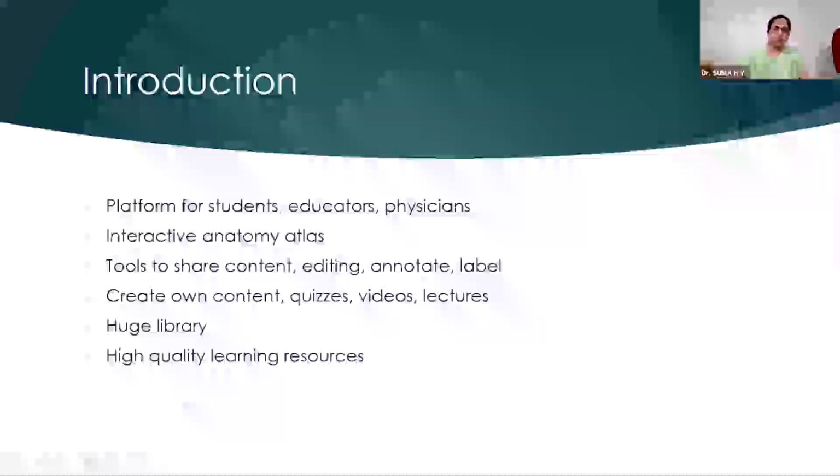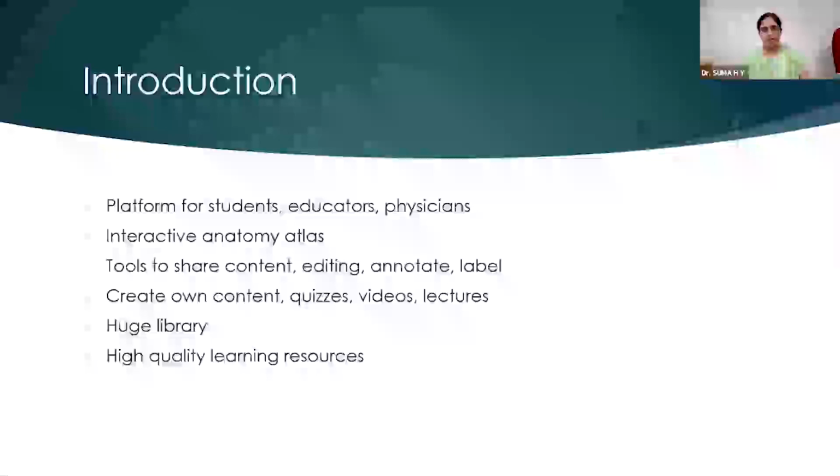It's a great platform wherein the students, the educators and the physicians can greatly benefit, so that you are able to better express your knowledge and make the students understand and get a good grip of the subject.